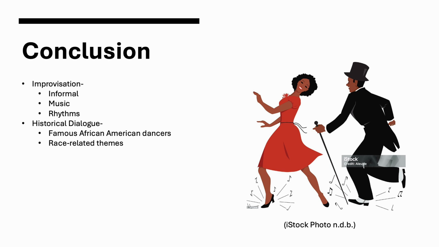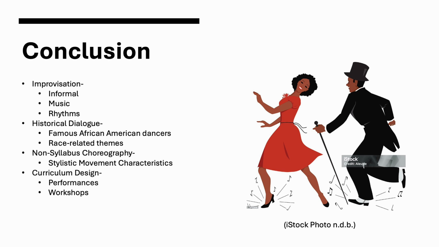Some themes that weren't able to fit within the scope of this presentation were non-syllabus choreography, and exploring the characteristic movement styles of African American tap dance influences to uphold Black dance aesthetics. Also, another idea that emerged that could be developed further in future research was curriculum design. Thinking beyond the norm about other ways to enrich and enhance learning could be watching performances, going to workshops or classes outside of the dance school, or inviting guest teachers with significant experience with the African American influences on tap dance to the dance school.